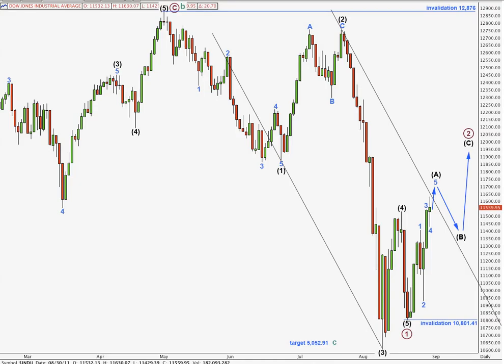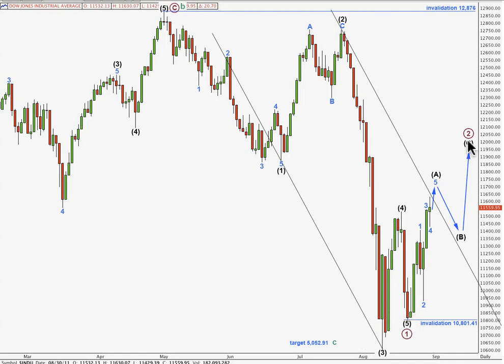This is my main wave count for the Dow, which sees this long upwards zigzag as a cycle degree B wave, and here we have the start of cycle wave C down, and this is in a supercycle zigzag. Cycle wave C must subdivide at primary degree into a 5-wave structure. We have the end of primary 1 with a 1, 2, 3, 4, 5 wave impulse down, and now we're in